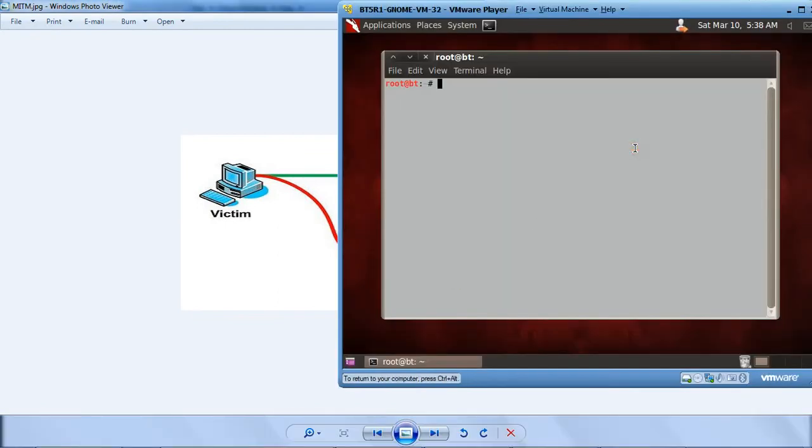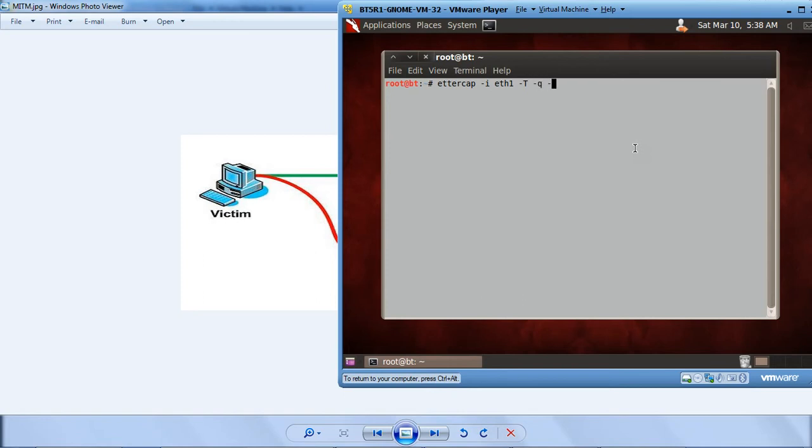First I will show you how to do this using the command line interface. The command name is ettercap. Then this is the parameter with the command, that is -i. It stands for the interface. Now the interface for this attack would be ETH1. You can check the interface of your machine by using a command called ifconfig. -T